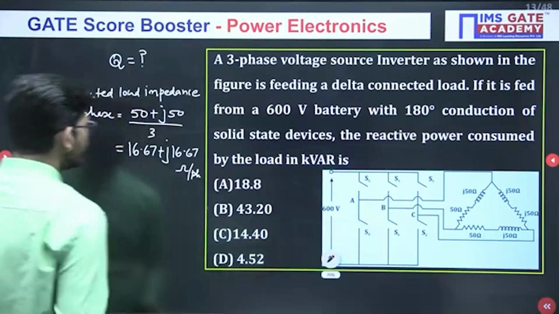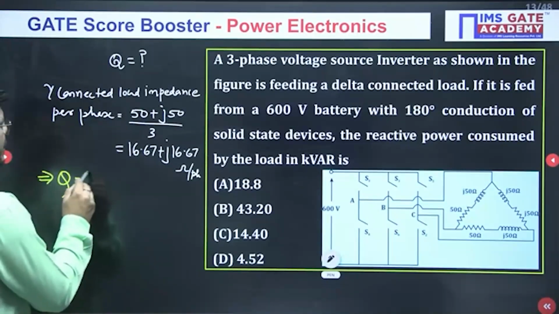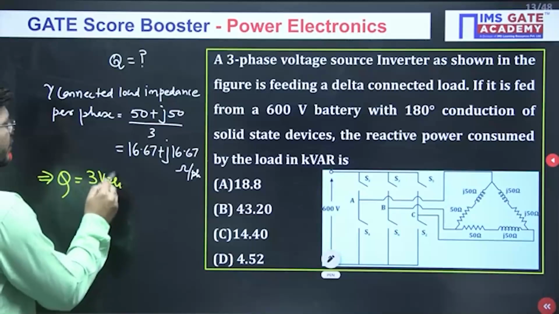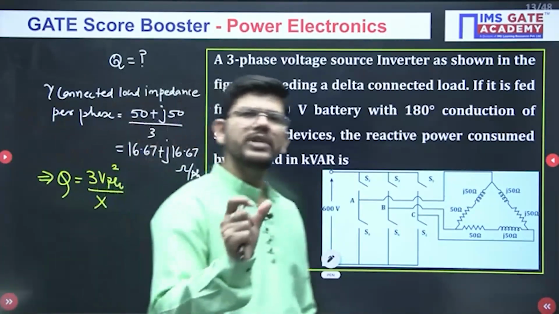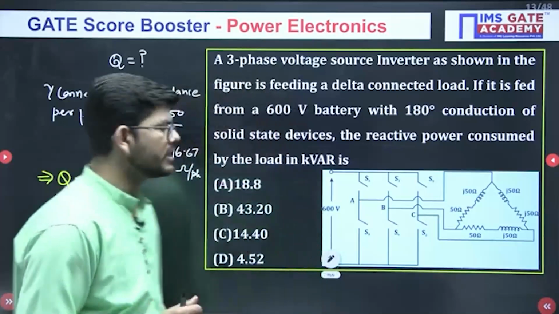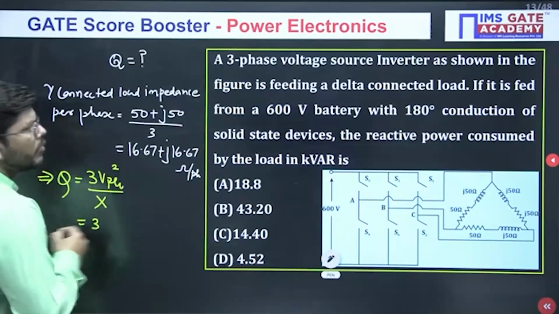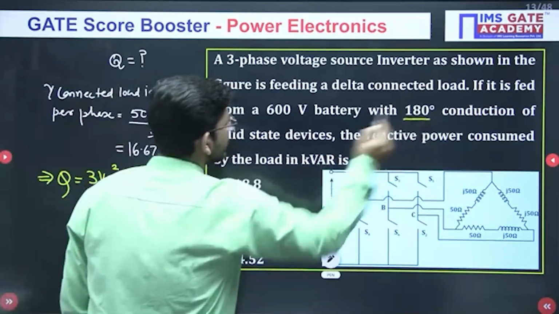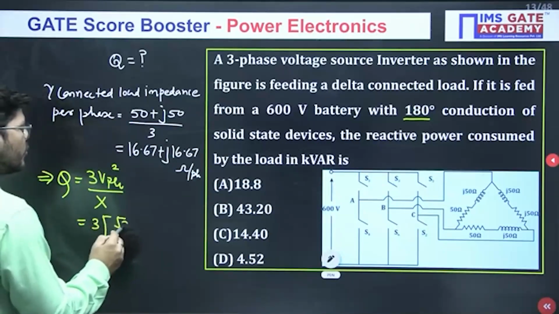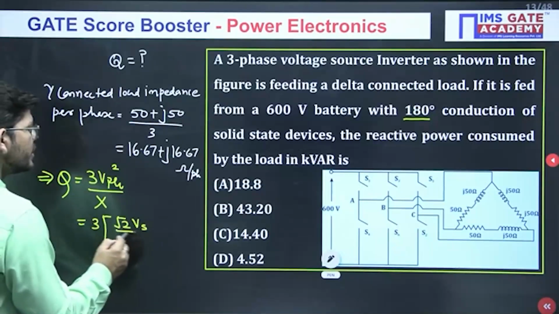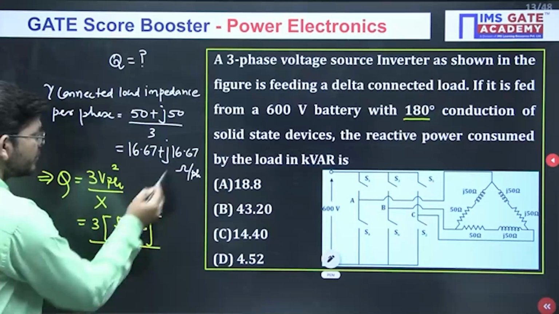Now what we have to do? We have to find the reactive power, isn't it? So reactive power will be simply 3 V phase square divided by X. In order to get the reactive power, we only have to use the reactance, not the complete impedance, isn't it? So what you will be doing here? V phase, what converter do we have? We have a 180-degree converter. So in a 180-degree converter, what is the phase voltage? The formula for phase voltage is root 2 Vs by 3. Okay. So you will square it and the X value here will be